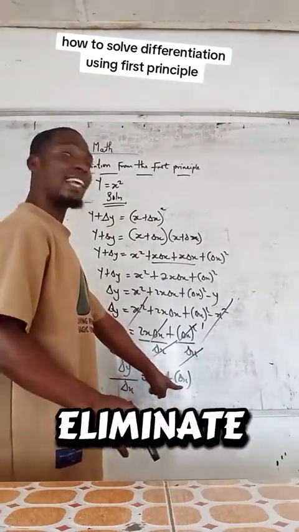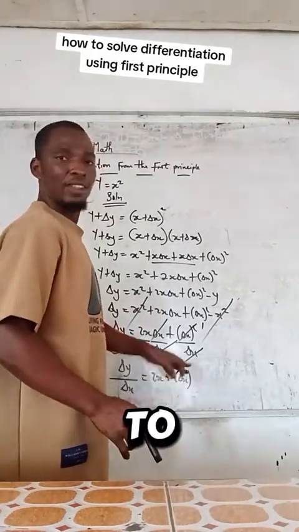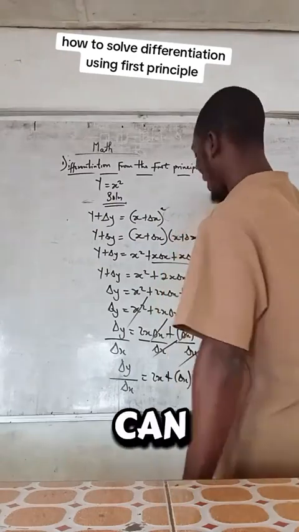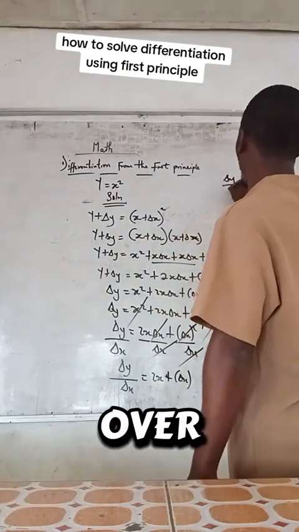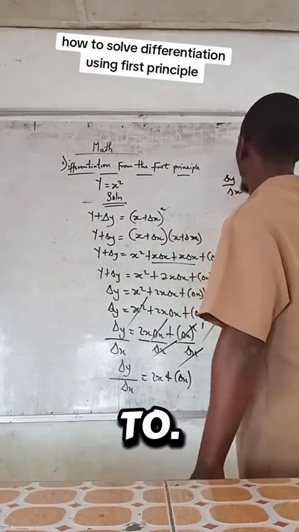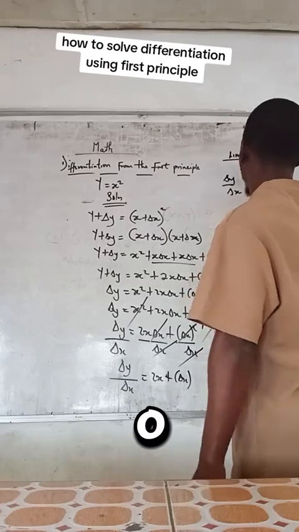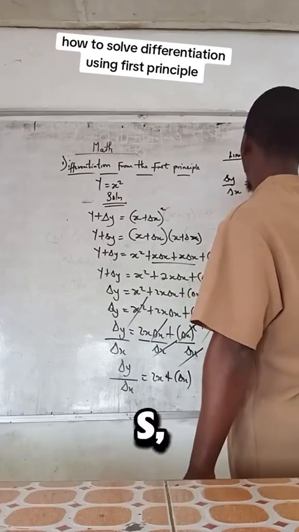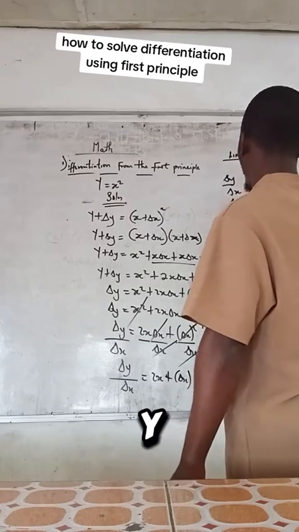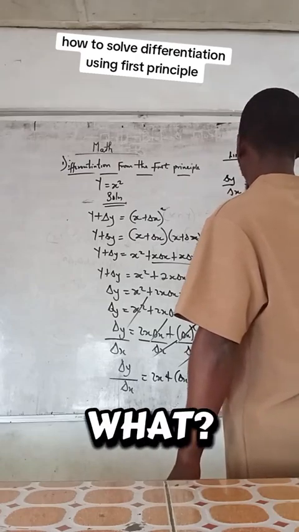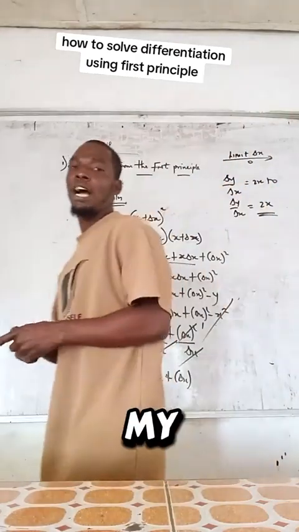How do I eliminate dx? By limiting it to 0. So dy over dx equals, don't forget, the limit as dx tends to 0. Wherever I see dx, I'm going to put 0. So my dy over dx becomes 2x. That is my answer. So my next